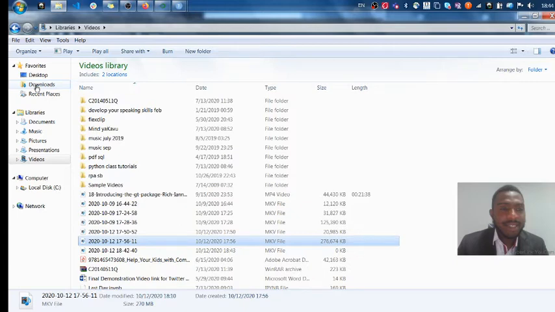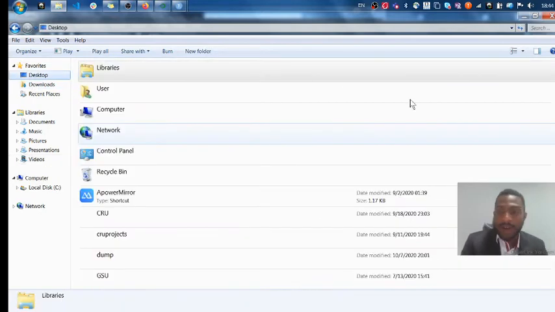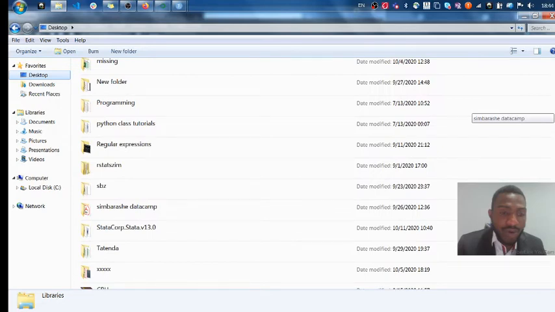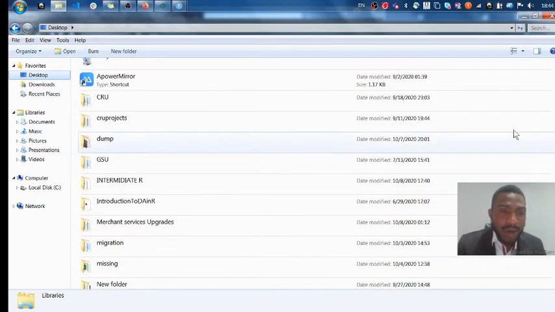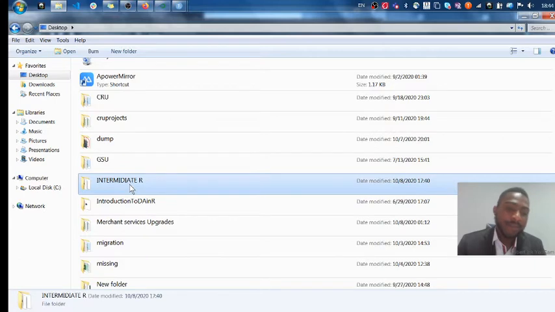I'm just trying to show you the path where my file is, in which folder. Okay, my file is here, intermediate R,